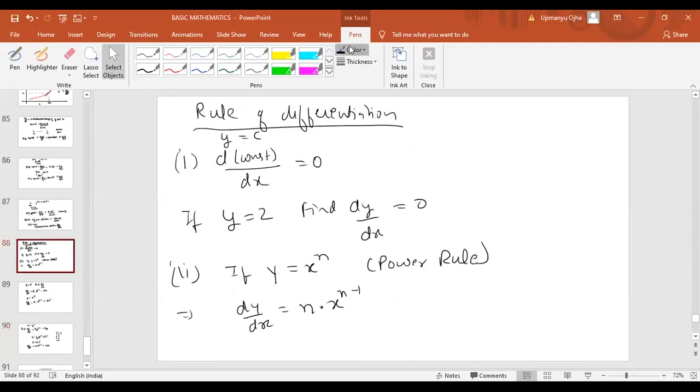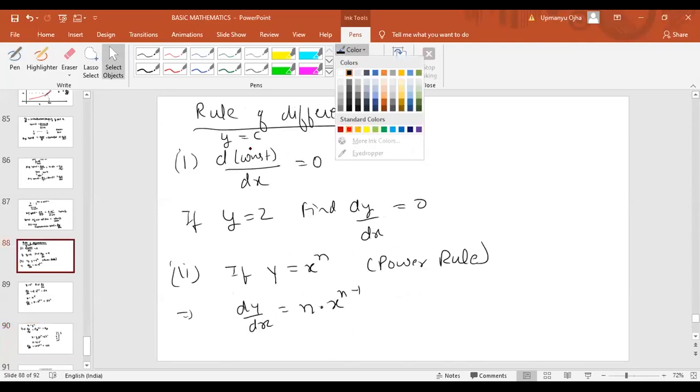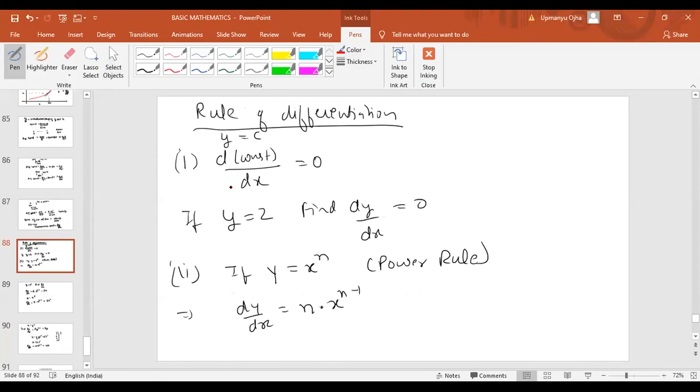First rule was, when y is constant, the differentiation of constant with respect to x is 0. That is the first rule. Second rule was that if y is equal to x power n, then dy by dx equal to n x power n minus 1. That is the second rule. Third rule,